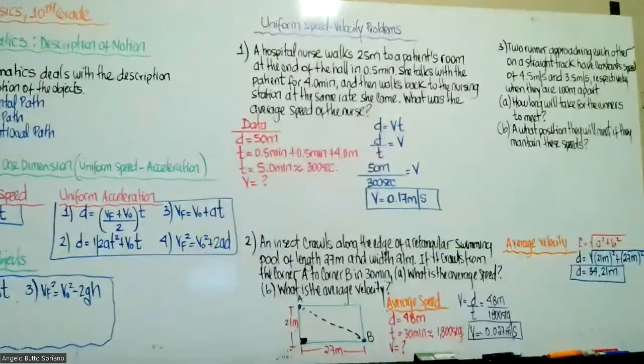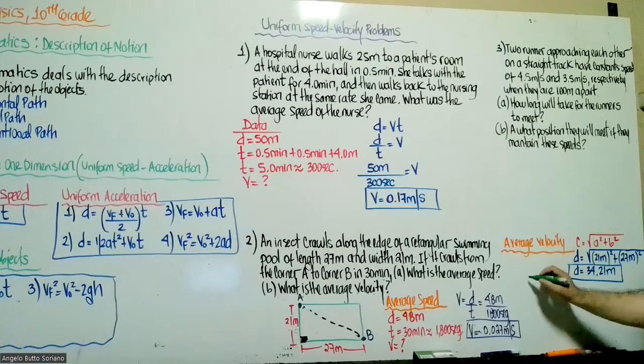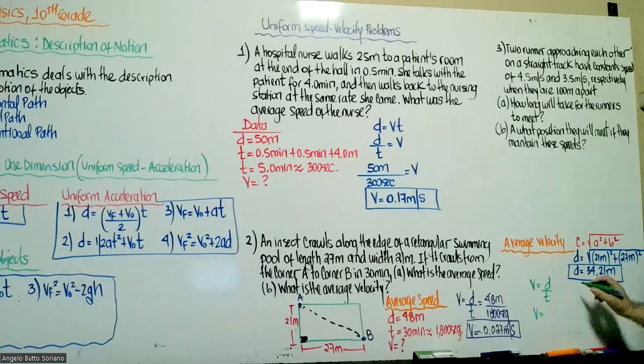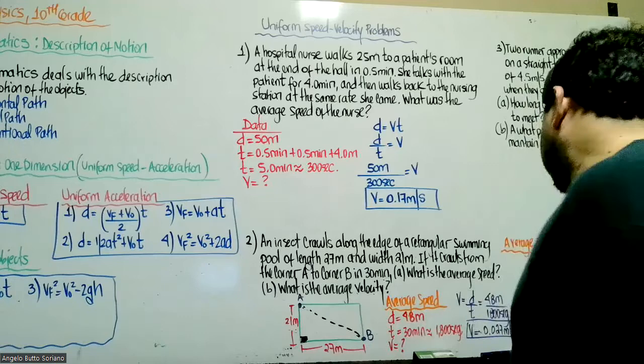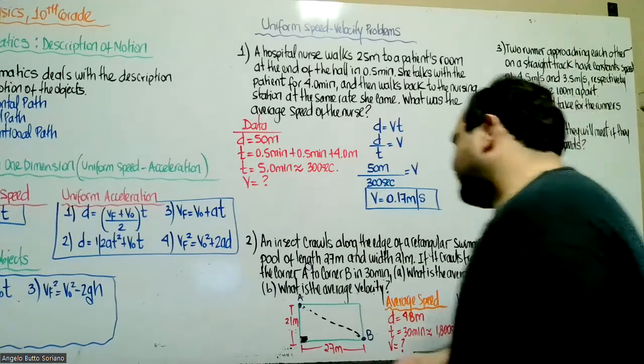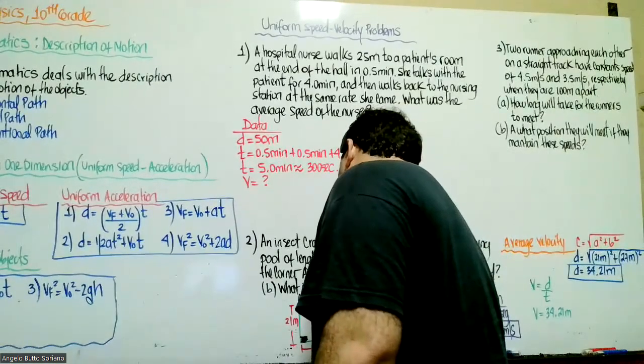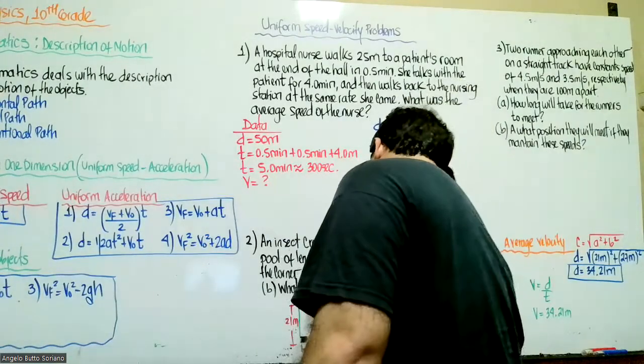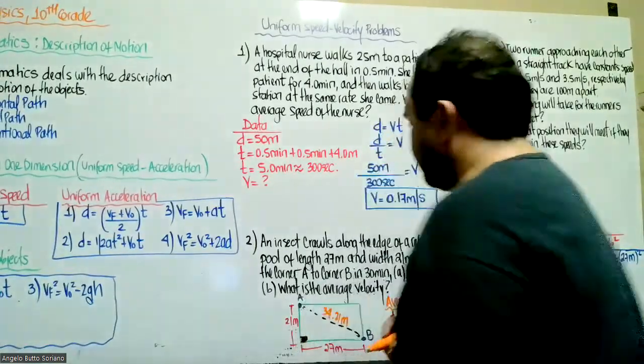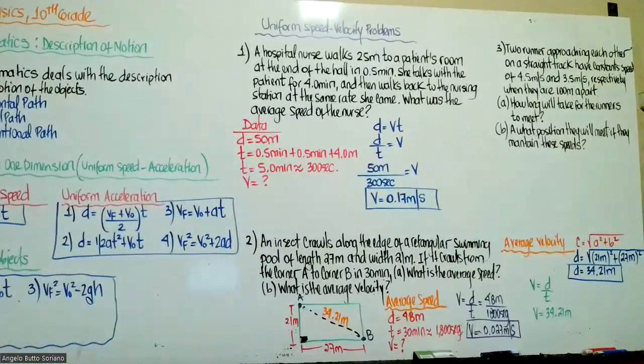Same formula. V equals D over T. The displacement will be 34.21 meters because it reflects the change of position from A until B. This is the displacement between one point and another one. And this displacement must be divided by the same period of time,